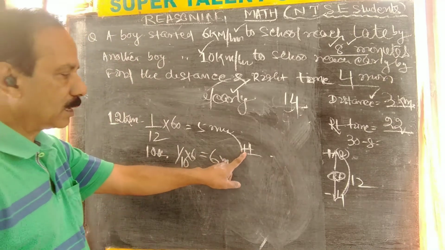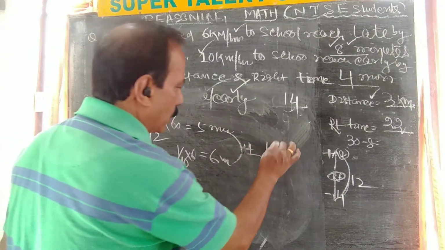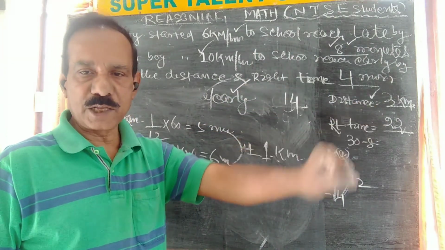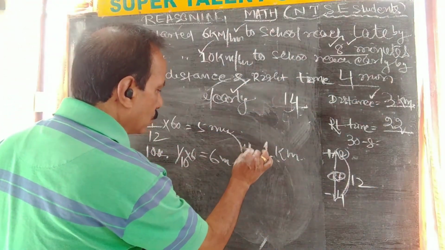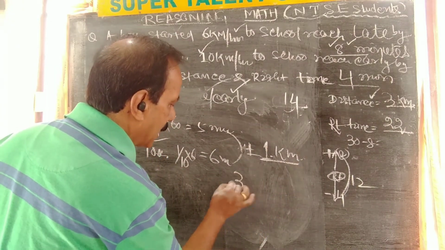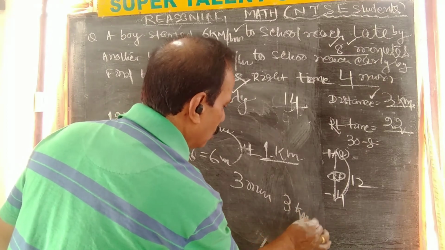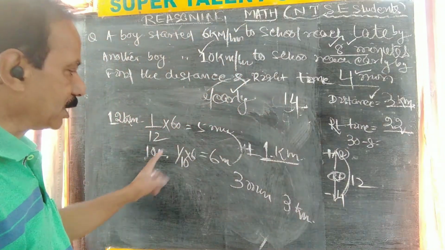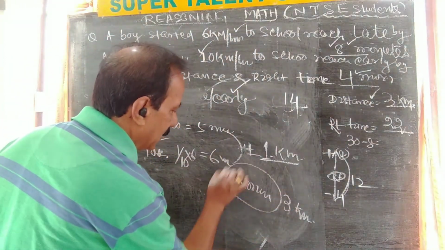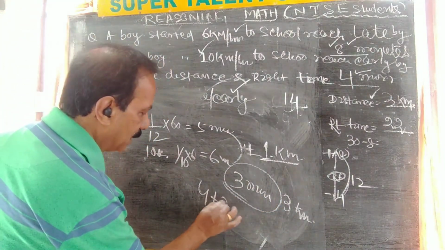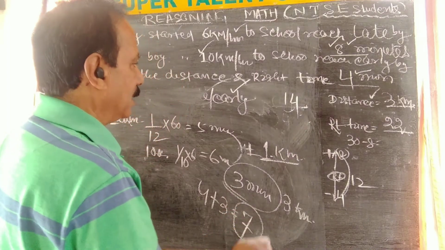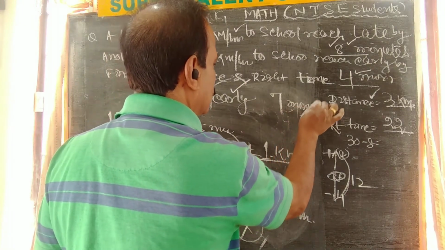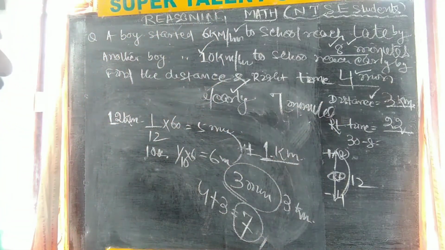plus 1, that is early; minus 1, late. So that is for 1 kilometer. Understanding calculation, nobody will ask you; you only have to get the answer as per your understanding. See, 1 minute for 1 kilometer, for 3 kilometers how much will it be? 3 minutes for 3 kilometers. See, will it be or not? If 10 kilometer, that is early by 4, right, 10 kilometer early by 4, so over 3 minutes early, so 4 plus 3, so it will be early by 7. So it will be early by 7 kilometers, 7 minutes, right. What is the technique here? Right time,